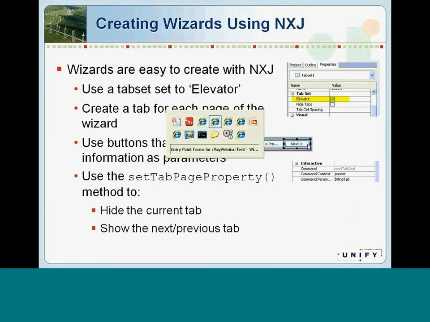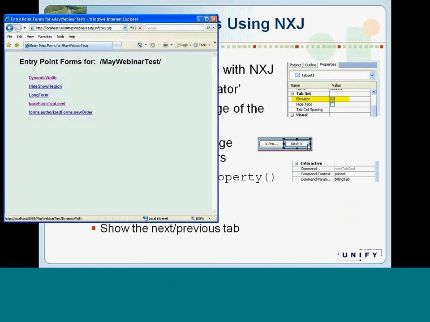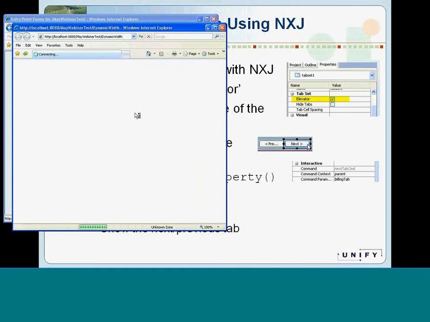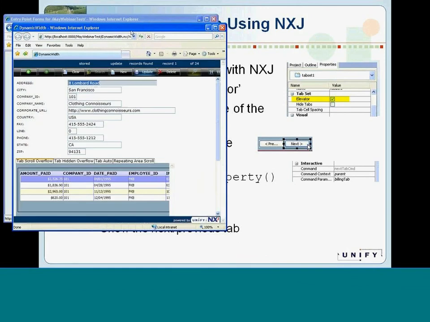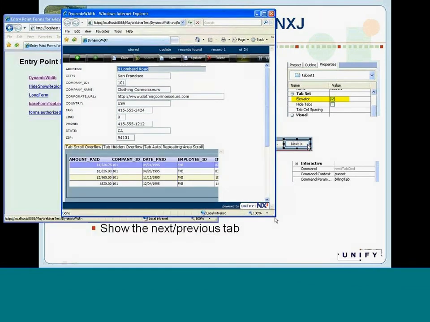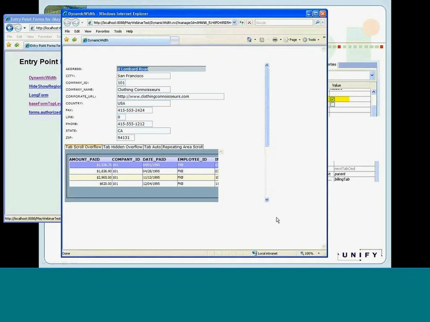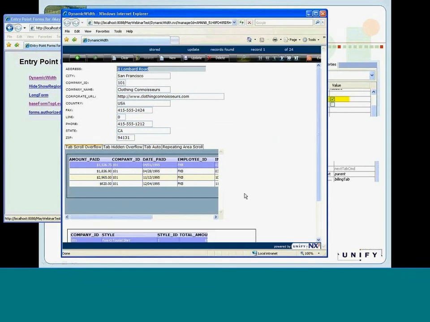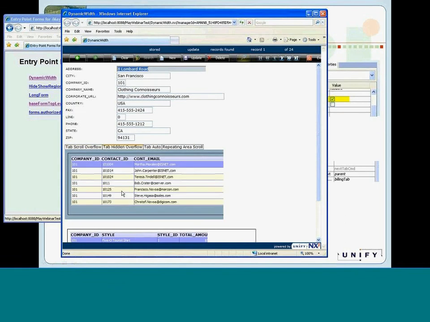So I'm going to go over to our runtime again here to show this. And this was dynamic width. Even though this is about making the experience better, these forms were done to demonstrate the features, not to make them a fully complete application. So let's go to the hidden ones as we talked about first. This is this region, again, going into our island database from SQL Base. We've shrunk down the tab set,